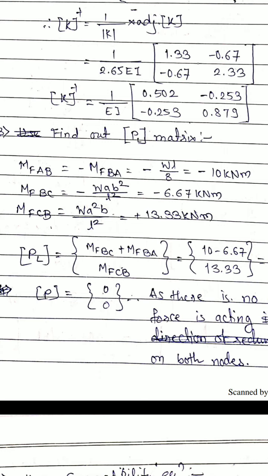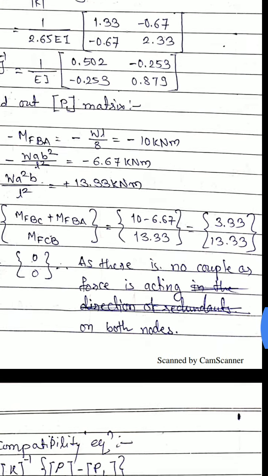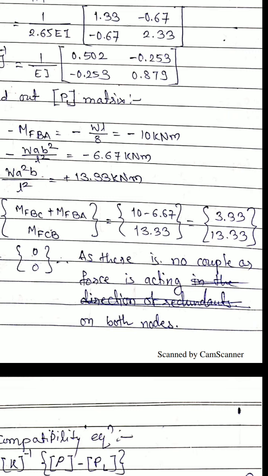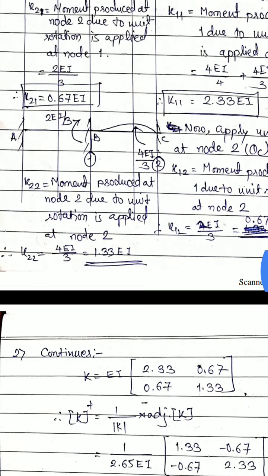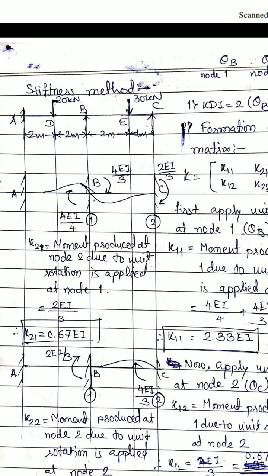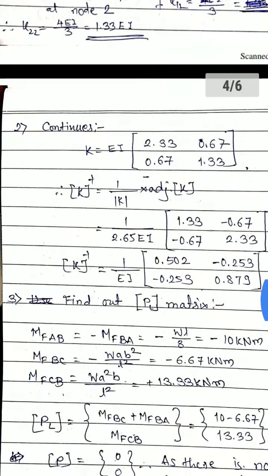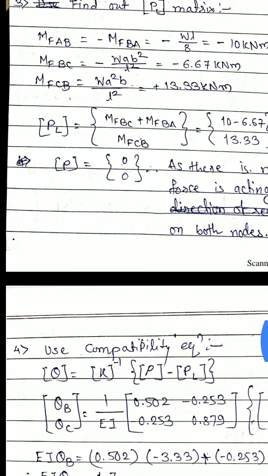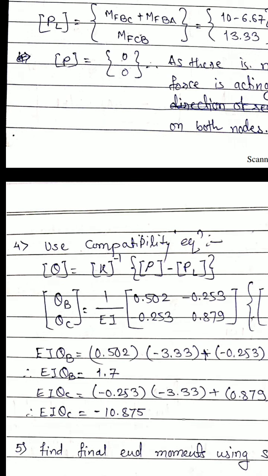Next is the P matrix, which will be 0, or say a null matrix. Why is it so? Because there is no couple or any moment acting on both the nodes. We have decided on two nodes B and C, or say 1 and 2. For both the nodes there is no couple acting on the node itself, so therefore this particular matrix will be a null matrix. Then in the next step, step number 4, we will use the compatibility equation,